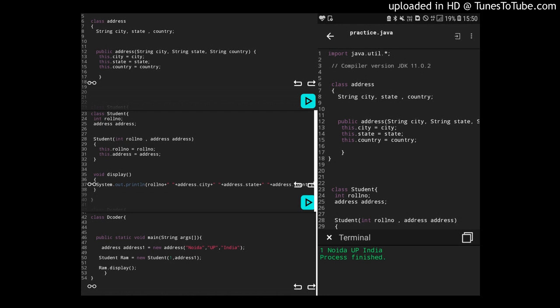Then we will simply use a function called void display. So what do we display here? System.out.println.